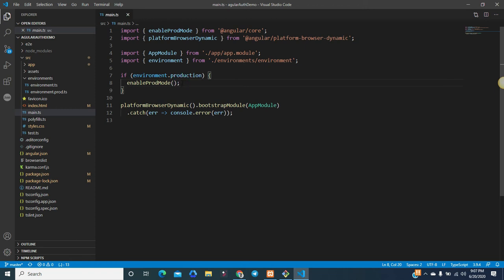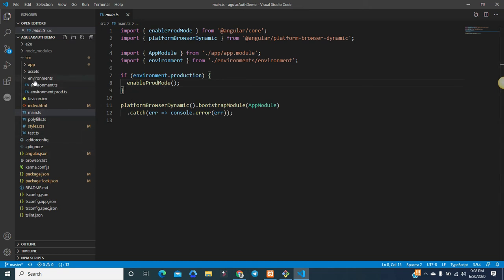It means that in development mode you will find some errors and their descriptions for debugging, but in production mode you will not find them, because the particular error should not be shown to the end user. So that's why it's very important. Whenever you put your code in production, you should enable the production mode. So basically you need to provide the flag in environment.ts.